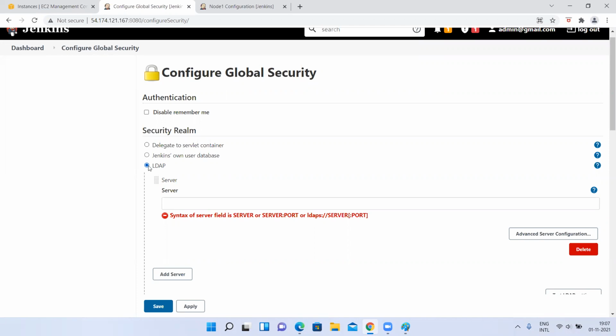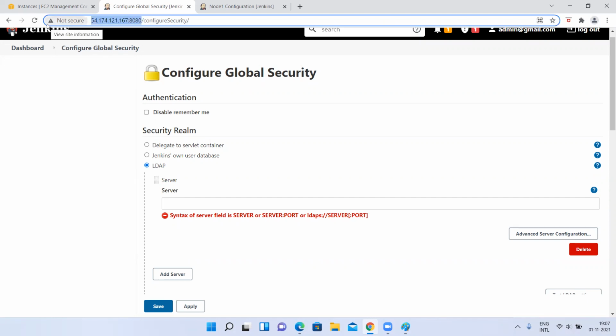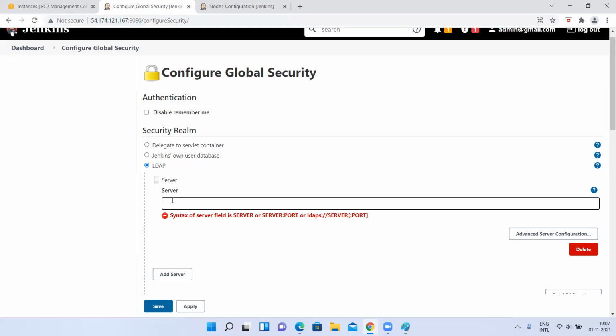So whoever in your Office can log into the Office Hour Submission website, if the same person knows the Jenkins URL and hits it, they will also be able to log into your Jenkins. You need not create separate usernames and passwords for Jenkins, because their credentials are all stored in LDAP. If you link your Jenkins with this LDAP, that's it. Their own Office credentials will work for them also.